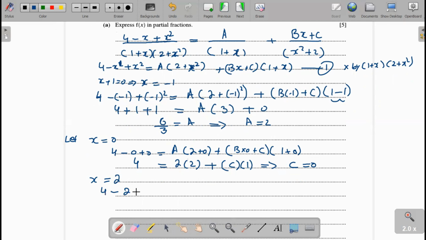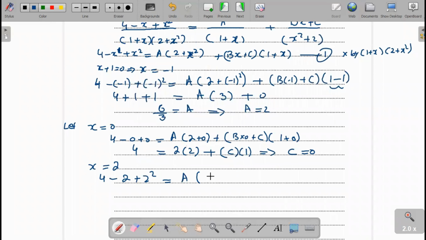Now we put here x equal to 2. Now 4 minus 2 plus 2 square will be equal to a into 2 plus minus 2 square plus b into 2 plus c 0. Now here next x is 2, 1 plus 2. Now that value is equal to 4 plus 4 is 8 minus 2 is 6. That is equal to